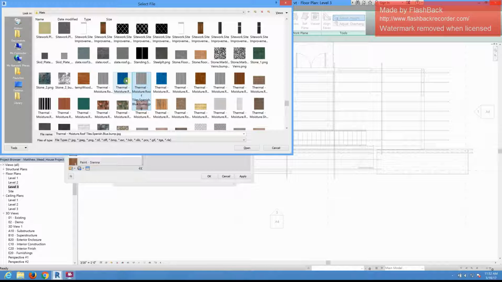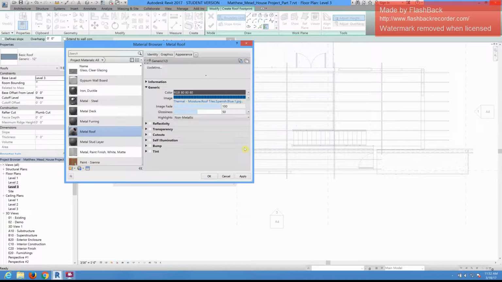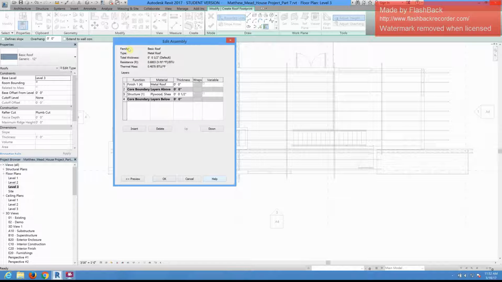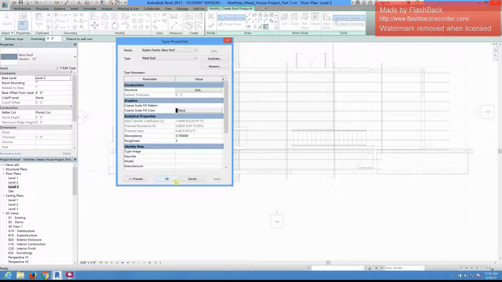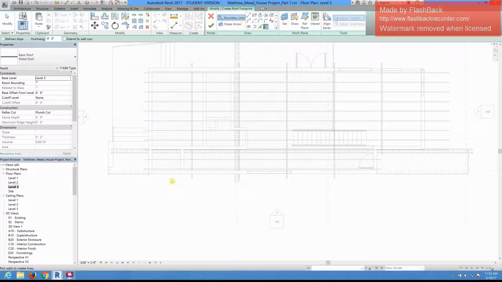Why not? We're gonna go blue roof. We're going blue. We're doing blue Spanish tiles. Hit OK. That's going to be our metal roof. Let's give that a thickness of, I think it says 1.5 inches. And we're going to hit OK. And just like we did for our beam system, we're going to go ahead and match the offset that we did for the upper beam system. All right, so we're going to do 1 foot